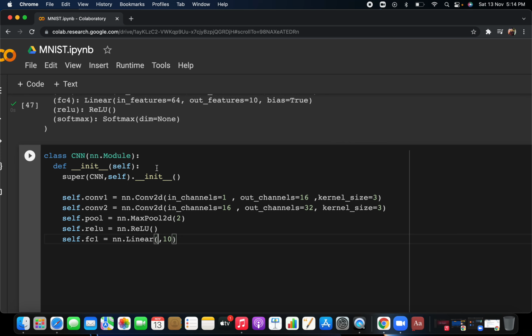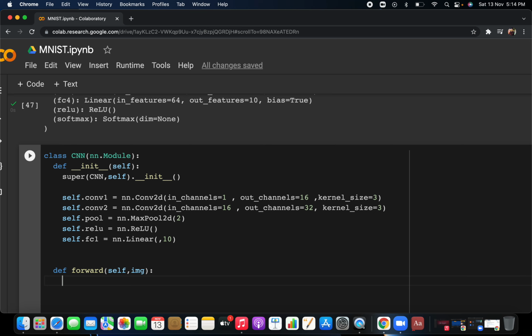Okay, but now, if I am explaining the same thing, what will be the number of neurons in the input layer? What will you write for that? For that you have to create one forward method. I'm just creating the forward method, and then I will tell you what to write. Don't be confused now, I'm just explaining the basics. You will not need to go anywhere else, you can just learn directly from here.